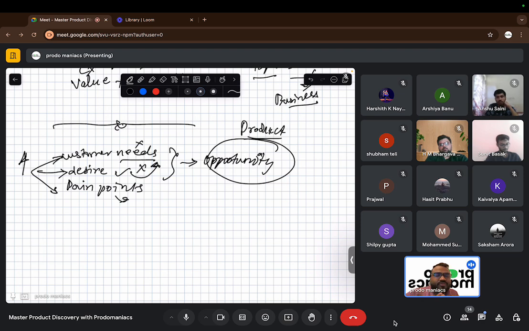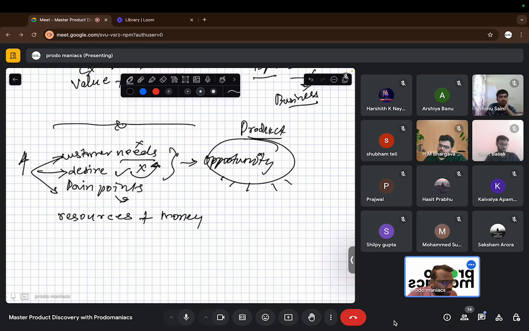Those were my pain points which were solved. Those were my desires which I wanted to have in 10 minutes, which are solved by quick commerce. Those were the needs of the customer which are now solved. But these were considered as opportunities, and only then was it solved for them. It was not like, why don't we give iPhones in 10 minutes? It was not thought like that, because you will always have limited resources,